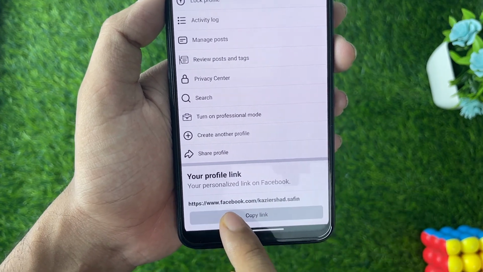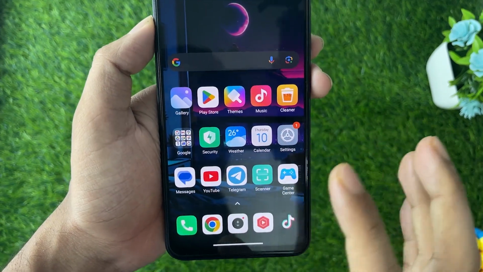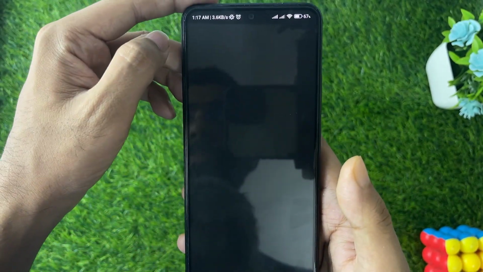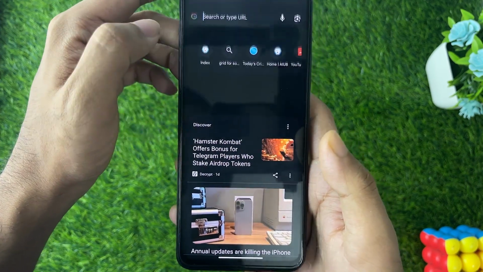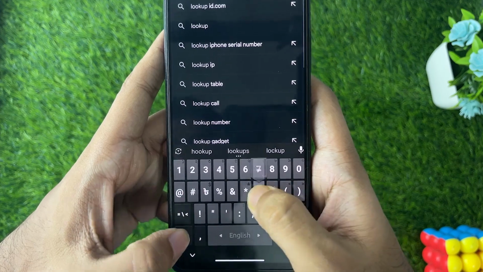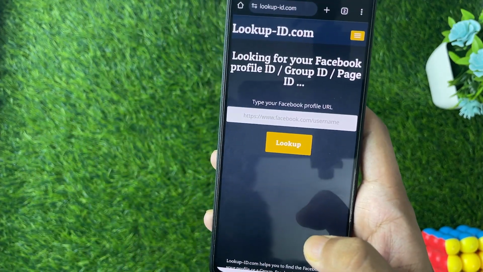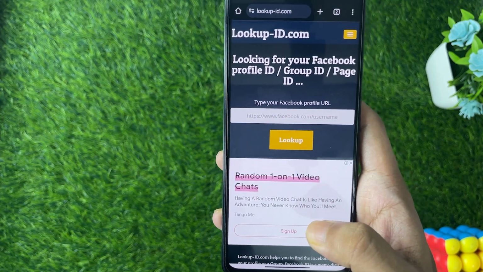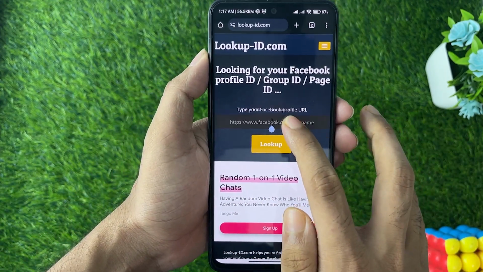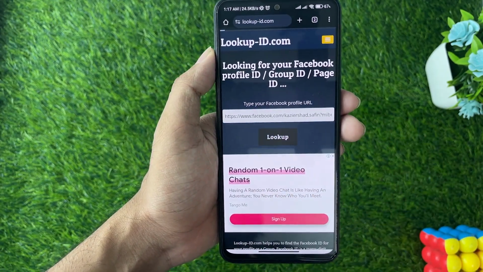Alright, so simply copy the profile link and then go to any of the browsers on your mobile phone, like I'm going with Google Chrome. Then you need to search for lookup-id.com. Alright, here is the website, and then from here you need to paste your profile link. Paste it right over here and then tap on lookup,